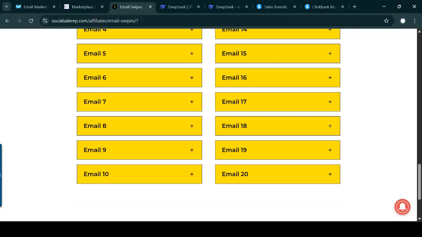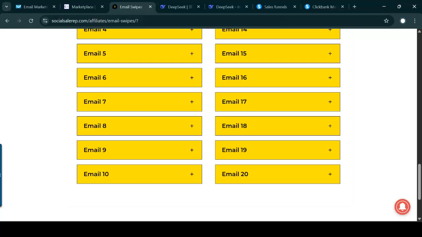So in that case, what will happen is when you start receiving these emails from these top internet gurus, some of these email titles and descriptions are going to trigger your subconscious mind, and you're going to say, wow, I didn't want to open this email, but this subject line actually made me open this email. Boom. That's the subject line you're going to use for your emails too, with a bit of changes to it, because that's how you're going to get better open rates and better click-through rates.